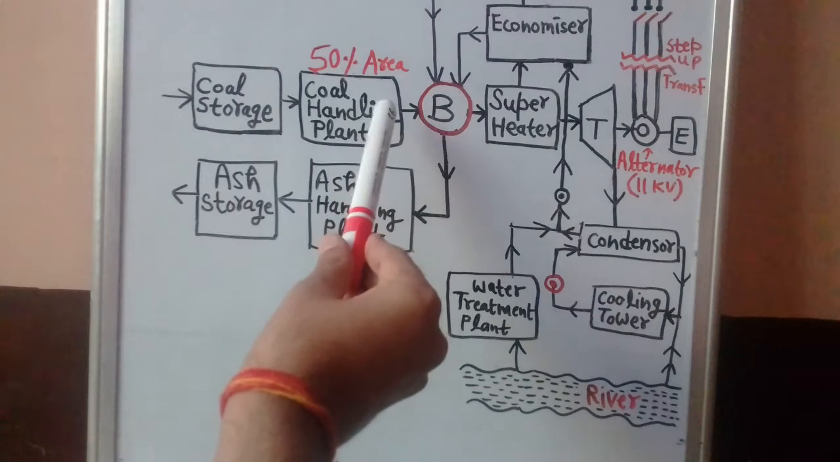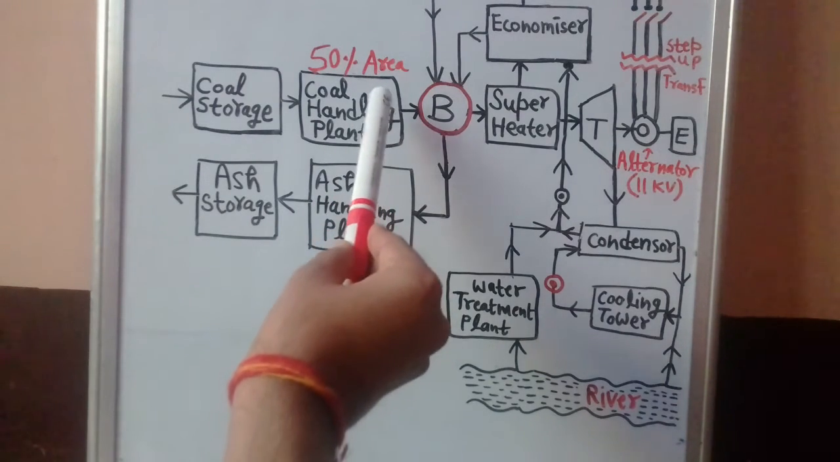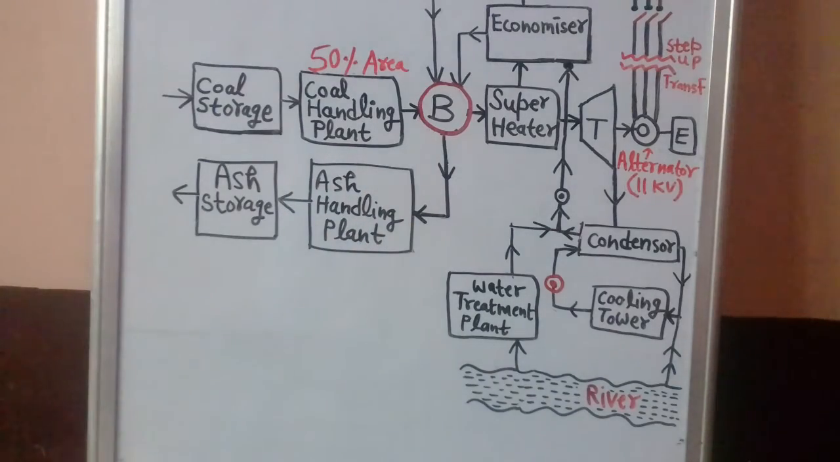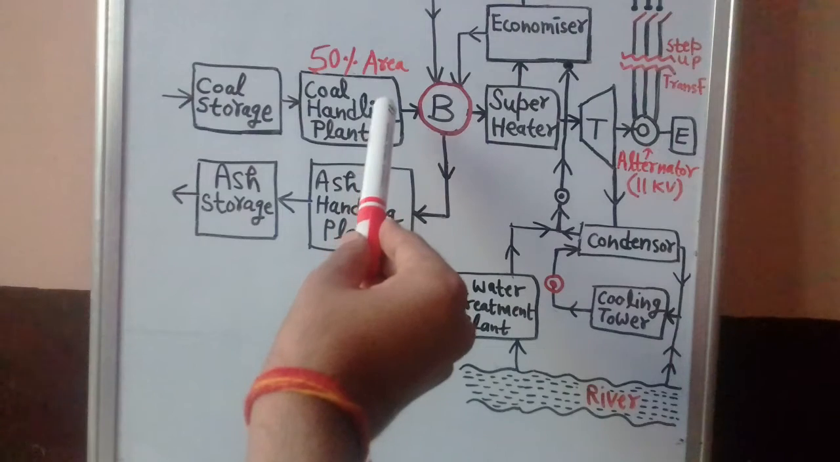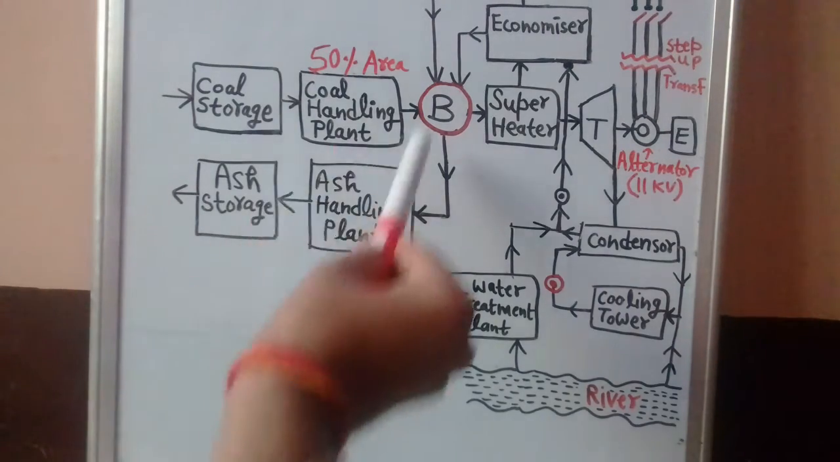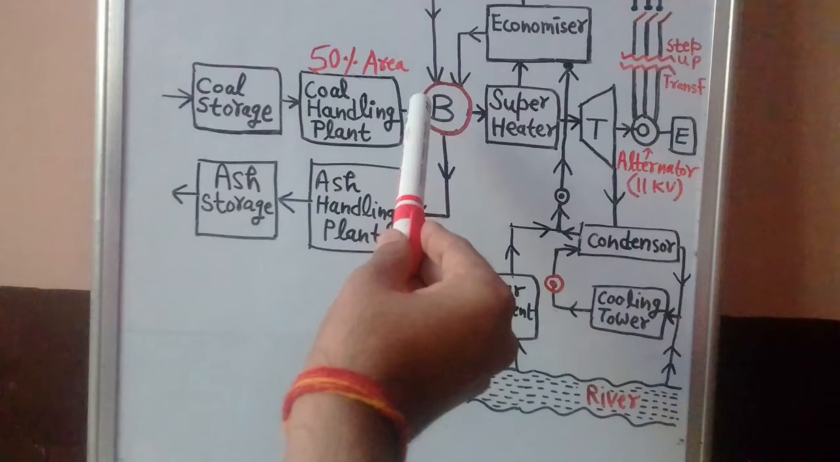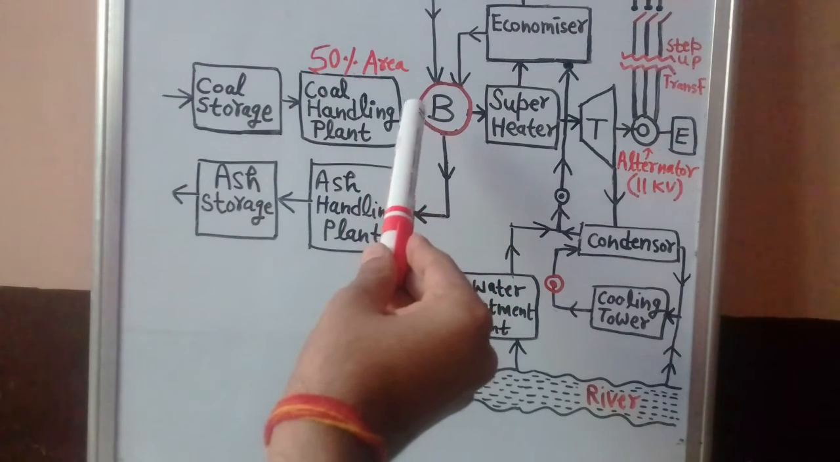Coal will be delivered to the coal handling plant where it is pulverized. And when I say pulverized, what is the meaning? The meaning is that the coal is crushed into small pieces. Why do we pulverize the coal at the coal handling plant? The reason is because we want to promote the rapid combustion of the coal,